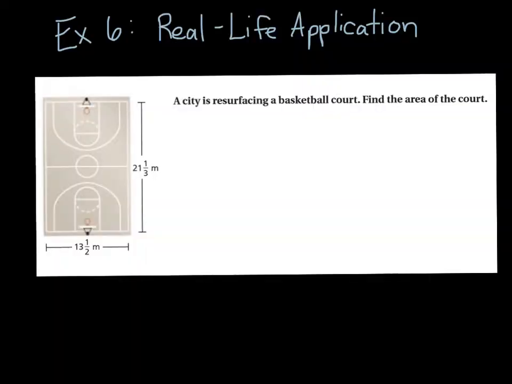The last example in this section, example 6, is another real-life application, and it says a city is resurfacing a basketball court. Find the area of the court. And remember, we've been figuring out that the area, if it's a rectangle, then we do length times width. So area of a rectangle is equal to the length times the width. Since we're multiplying, it doesn't actually matter which one is the length and which one is the width, but we're going to say that the length of the court is 21 1/3 meters, and then we'll multiply that by the